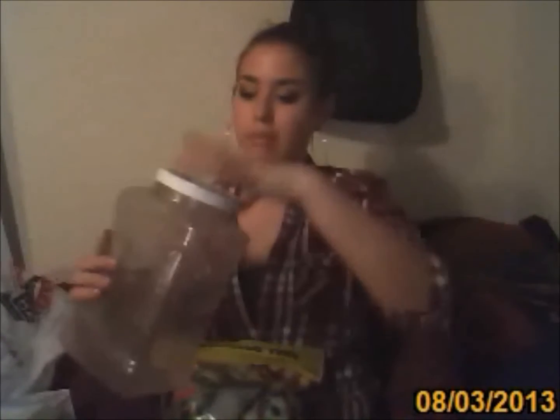And so I will pour these into here. And then that way I can seal this shut, so I don't have to worry about any wild animals getting in. A tip too,